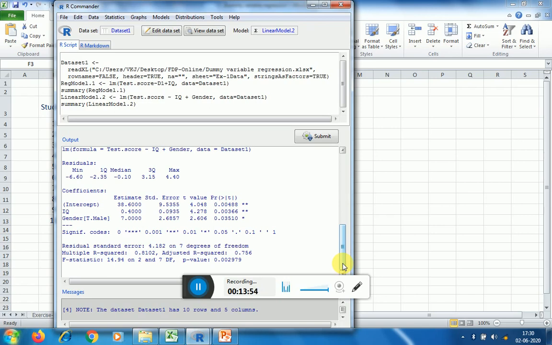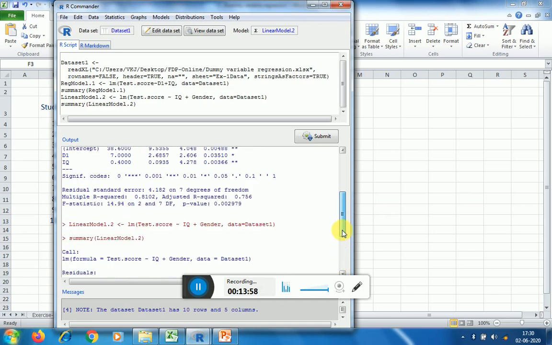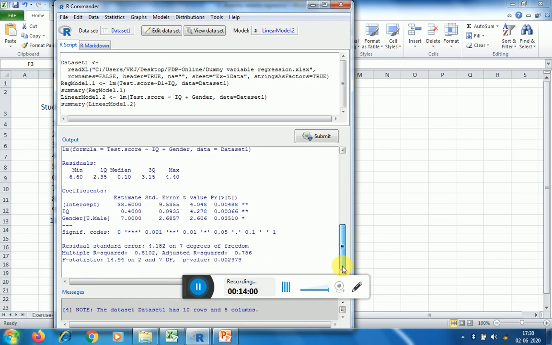So this is how you can construct the regression equation. Now if you have some doubt with regard to factors, like gender, male and female, by default it has taken the value of male as 1 and female as 0.